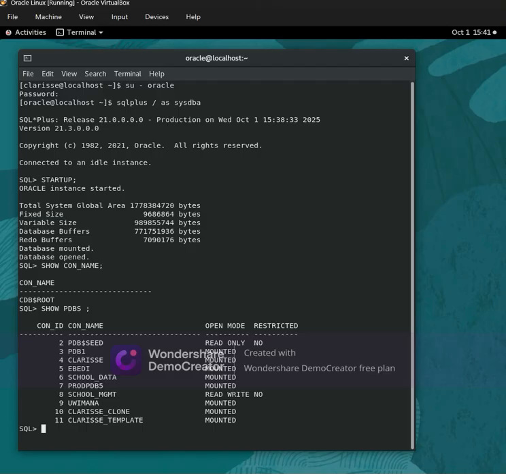We first have to drop the pluggable database called Clarisse,